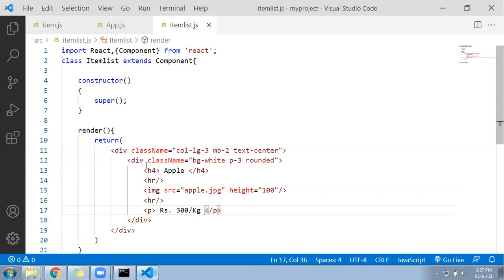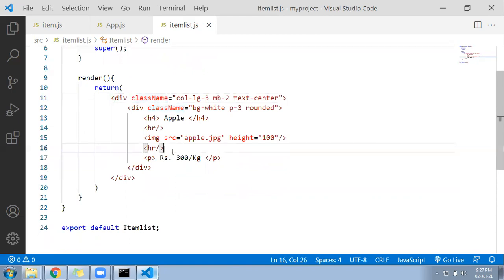I created one child component, and inside the child component I added some data. Let me make this product name bold. I kept the product name in bold, so it will come as slightly bold text. I close here, and for this paragraph I'll apply a class called text-danger, so that the product price will come in red. Now let's look here.